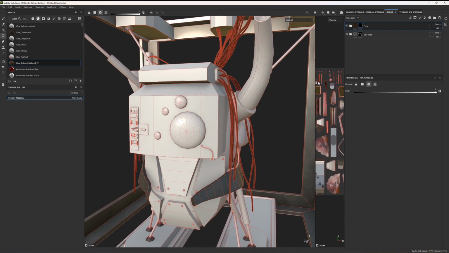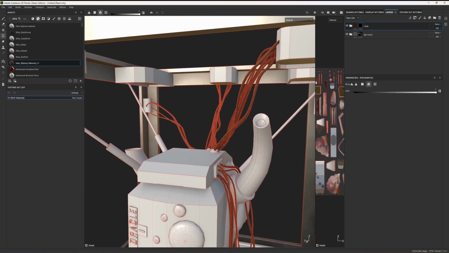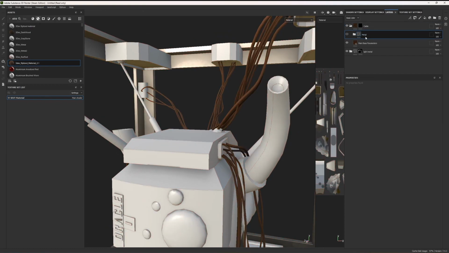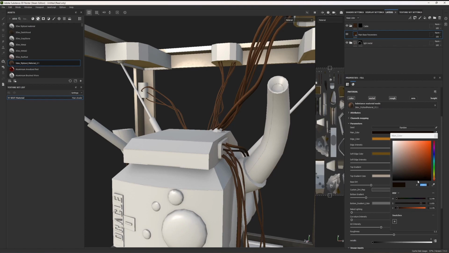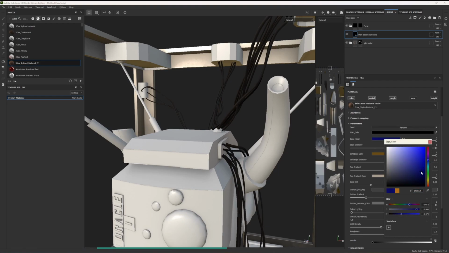Alright, so now that you have all the cables selected, you can go into this. The cables are usually not metallic that much, so you can basically delete the metallic part from this one and just adjust the base parameters to something that you will like. It will be something like black. I really like this. Since they are not really curving, it doesn't really matter what kind of an edge color you give to them, but let's say I give it something like a bluish tint,